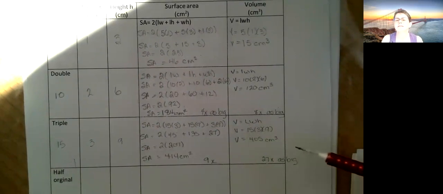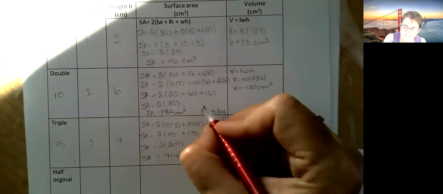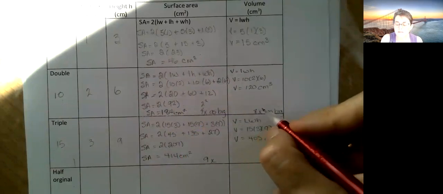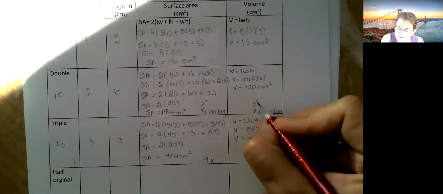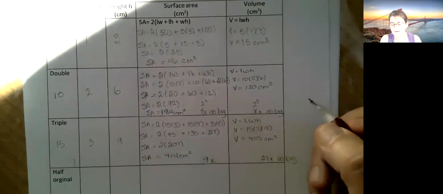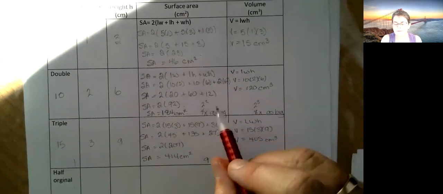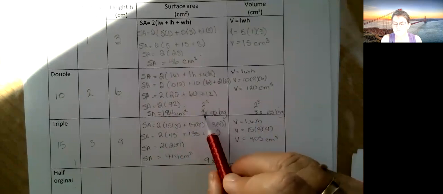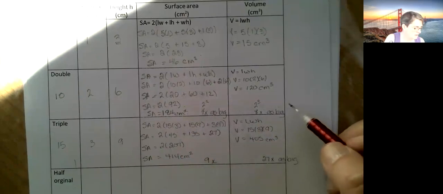So what are you guys seeing? At 4x, that was 2 squared. What's 8? That's 2 cubed. Right? So when you double it, your surface area, the scale factor is 4. Hold